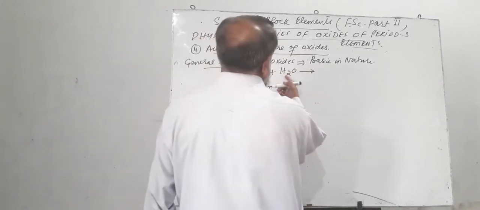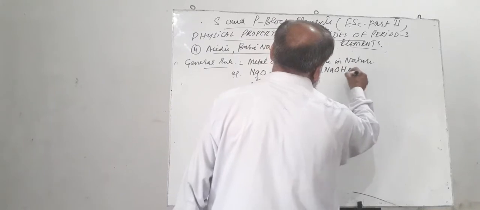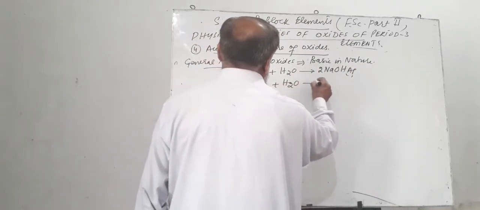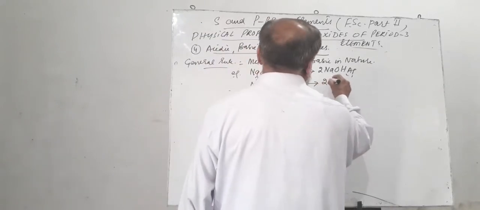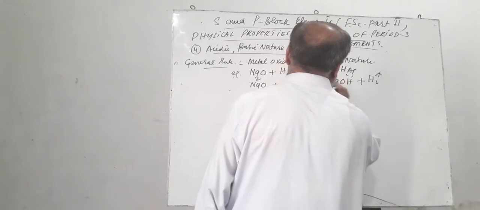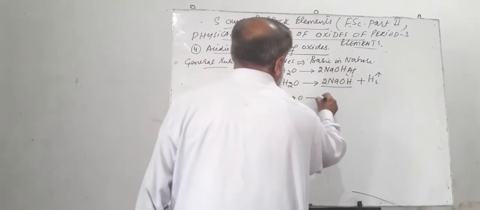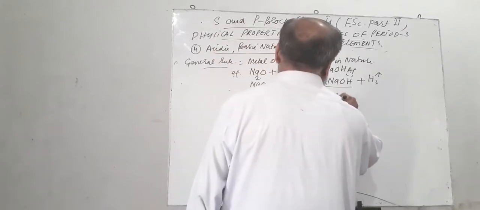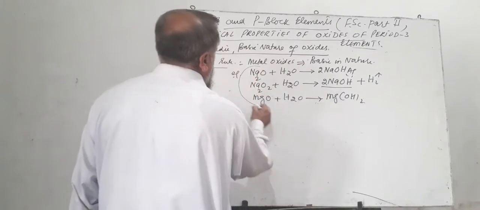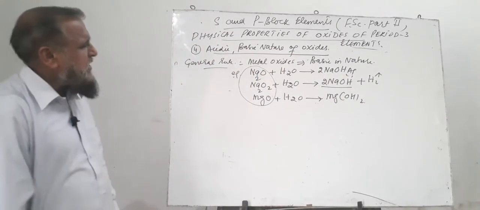Like sodium oxide plus water, it produces sodium hydroxide solution, 2NaOH. Similarly, sodium peroxide plus water produces 2NaOH plus hydrogen gas. Magnesium oxide plus water produces magnesium hydroxide. As these oxides of sodium and magnesium dissolve in water and produce an alkali,